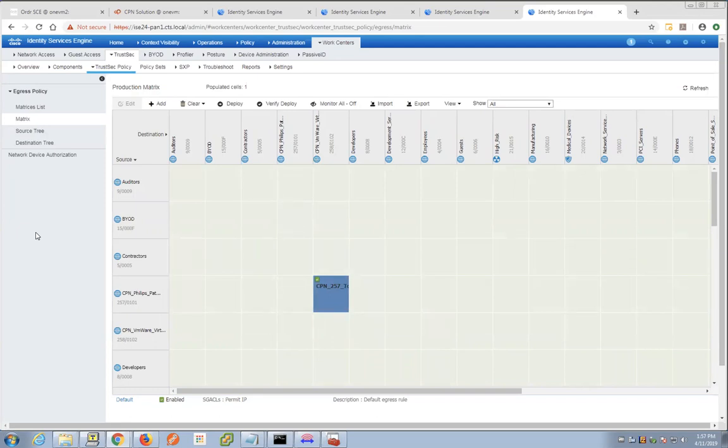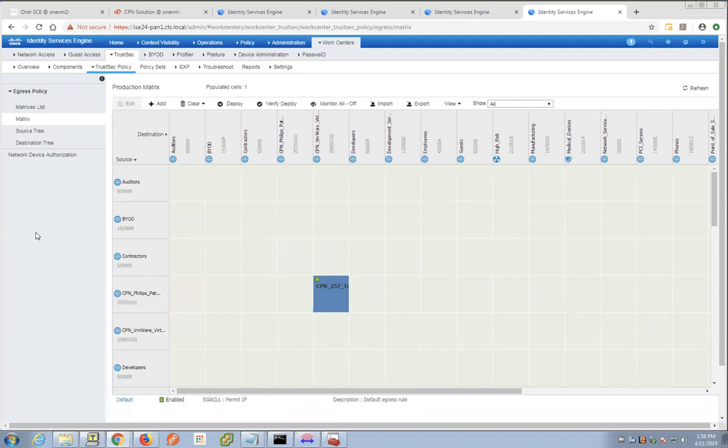Again, I didn't have to create, so you will be able to apply enforcement policy for as many devices as you wish in different groups of devices without going through all of that extra work of translating profiling information into classification policy and then assigning it to something called a logical profile, and then having to go through the effort of understanding what security group tag or what ACL should I assign to it. That's why these deployments get stalled.